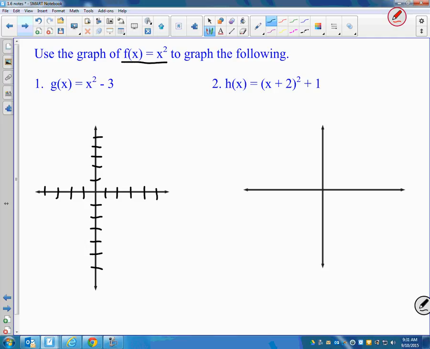If you feel really good about this, you might not need to do that. But I think it's helpful to see that it's the same shape. We're just moving it over. So x squared. Hopefully, those 10 graphs, you can graph them really easily. You know that x squared starts at